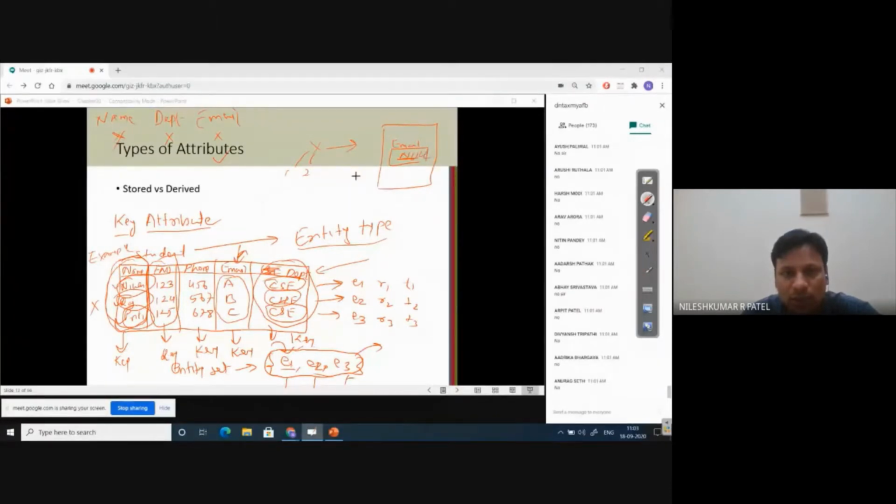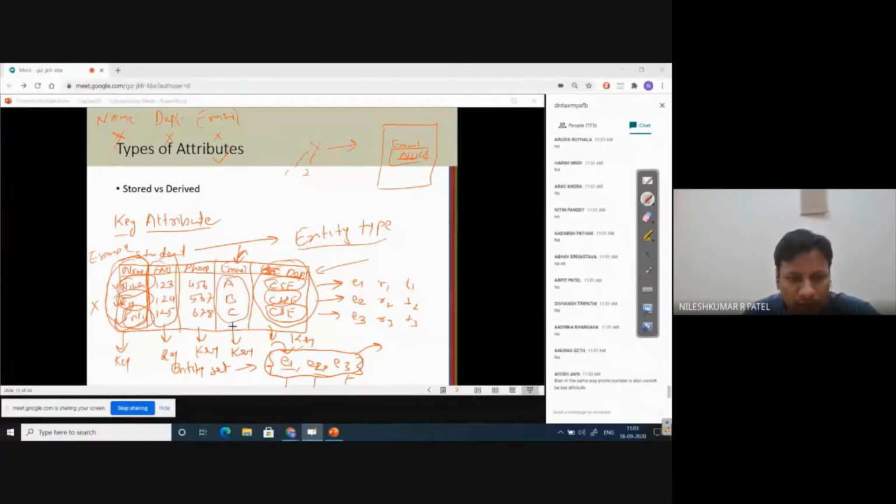For example, there is a fourth student called Pratik, and he does not want to mention his email ID, so this field for Pratik is empty, null, right? And if there exists a null value in a column, it cannot become a key attribute. This is also a rule, right? Fine. And this is similarly applicable to phone number also, as in the case of email ID.